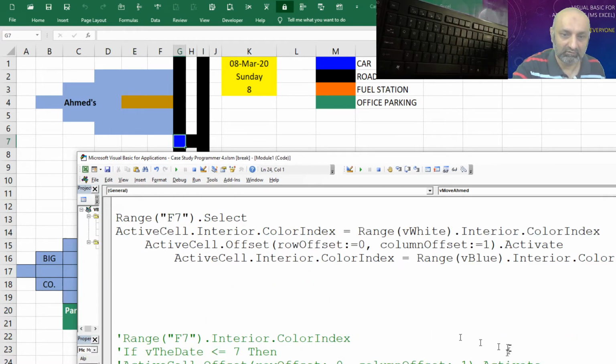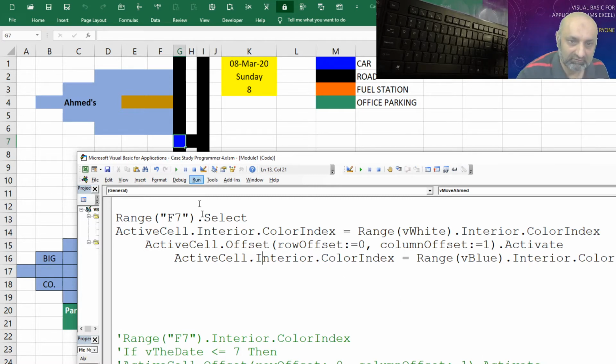Perfect. So once blue is in G7, before moving to H7, we again need to change the color of G7 to black. So once the car moves, it is back to road color.